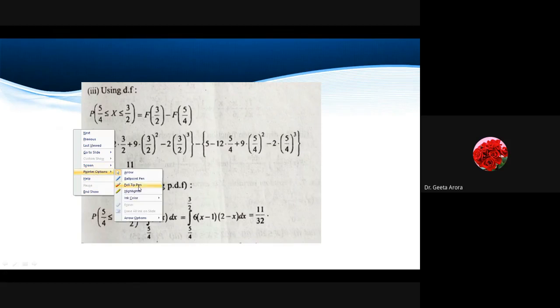We are saying that you have to calculate the probability when x is lying from 5 by 4 to 3 by 2. So this definition, again we are going to use this property. Actually we have learned that when x is lying between a and b and we have to calculate the probability, it can be written as F(b) minus F(a), if you remember, or go through the PPT again, you will find this rule written as a property. Then the probability in the case of a continuous distribution when x is lying between a and b is given by F(b) minus F(a), correct, where capital F is the distribution function.